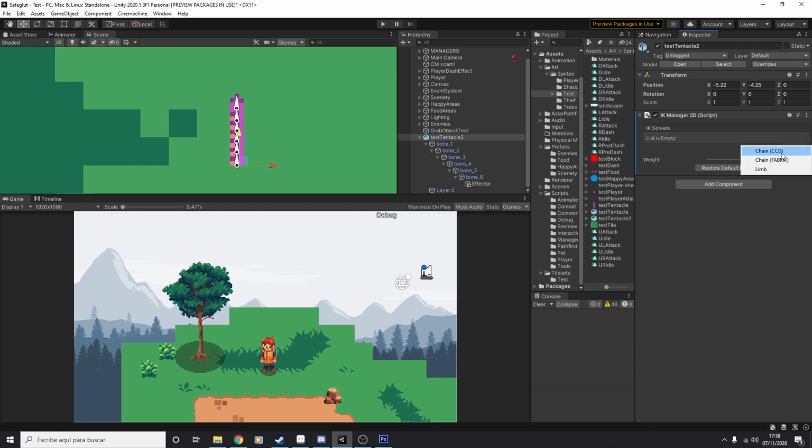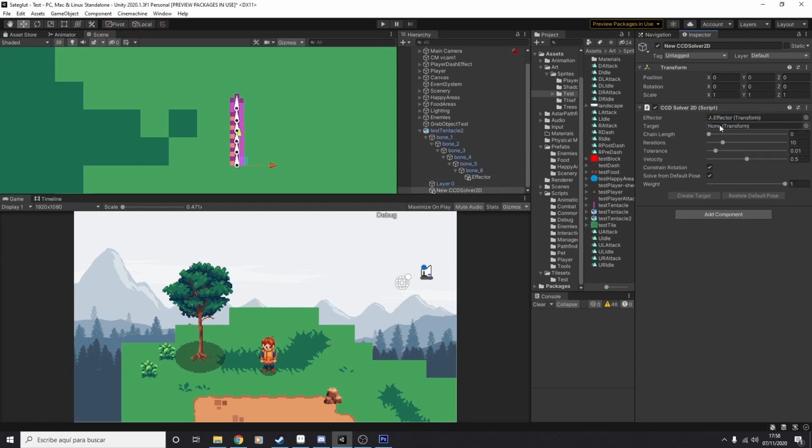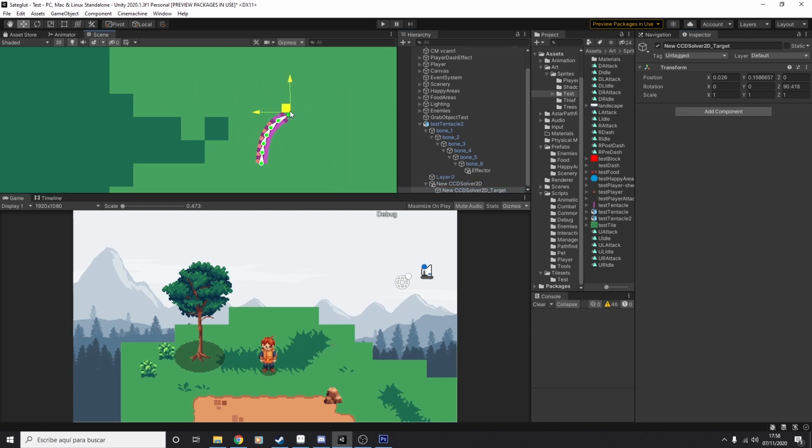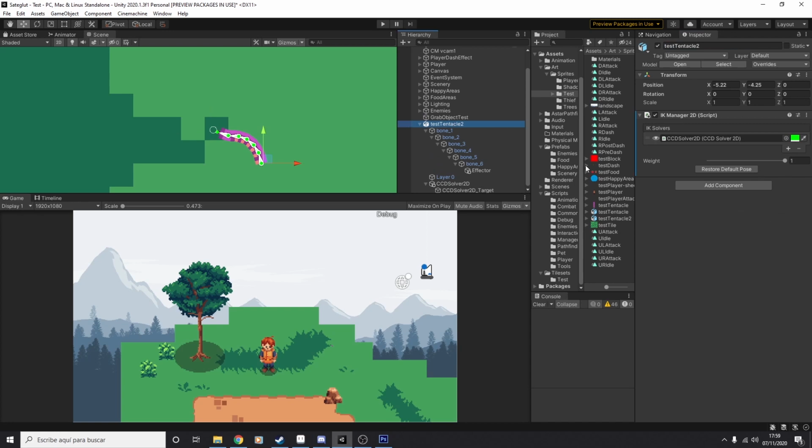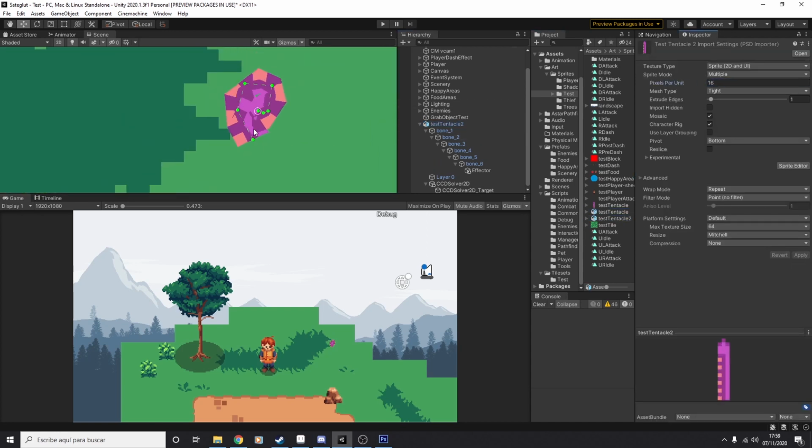For moving the tentacle in a natural way, I needed to create inverse kinematics. I decided to go with a chain type IK solver because the tentacle has a lot of bones. All I had to do is create an empty object, put it on the tip of the tentacle and create a target. Now, if I move this target, the tentacle follows.